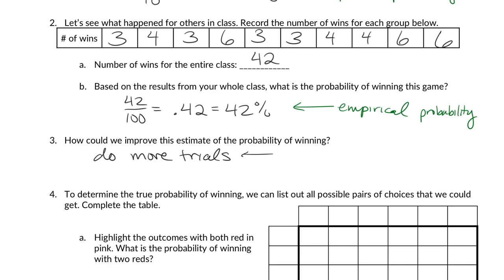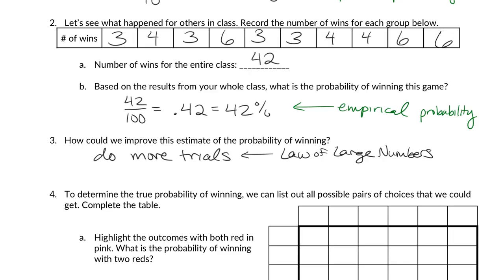That will mean that we are employing what's called the law of large numbers to help us out, because the more times that we do it, the more often we have offset for the variability in people's wins and losses. So we'll get closer to the true probability.